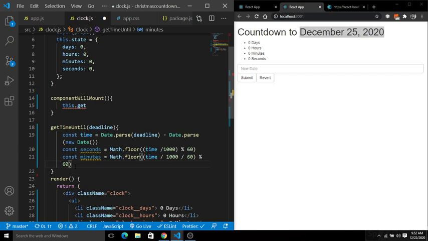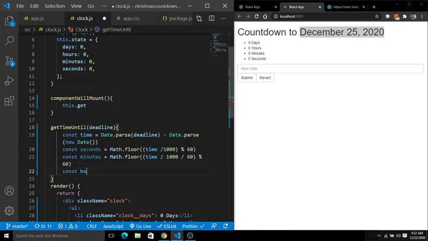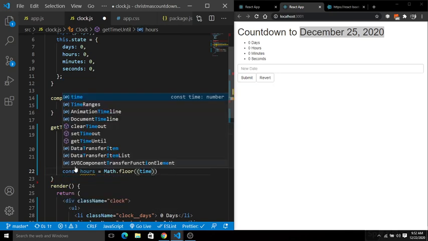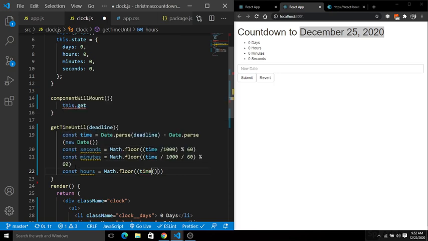Next, do the same thing for the hours. So for the hours we have the same math function, Math.floor, and inside time we have to simply divide the time with 1000 into 60 into 60.